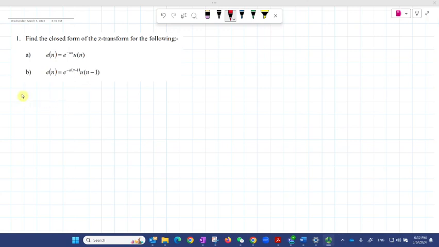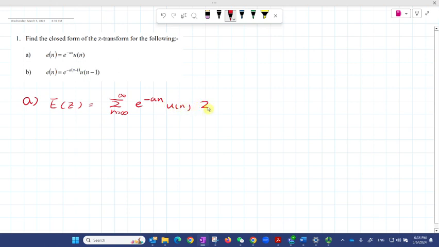Let's get started. For the first question, part A, we want to find the z transform of e^(-an)u[n]. The capital E(z), the z transform, has an equation: we sum from negative infinity to positive infinity of e to the order of negative an times u[n],